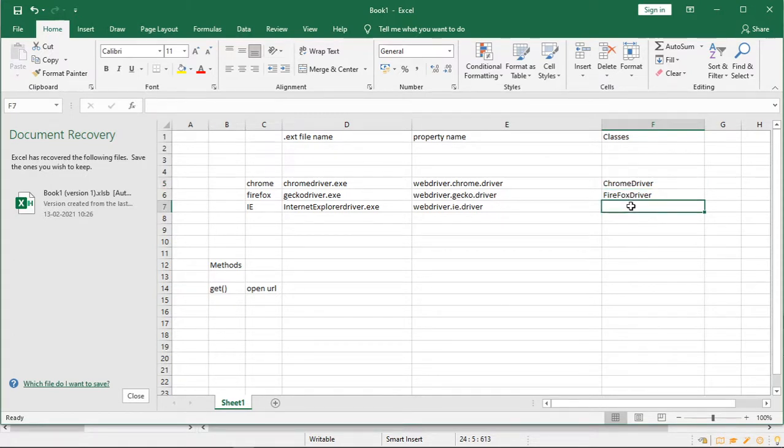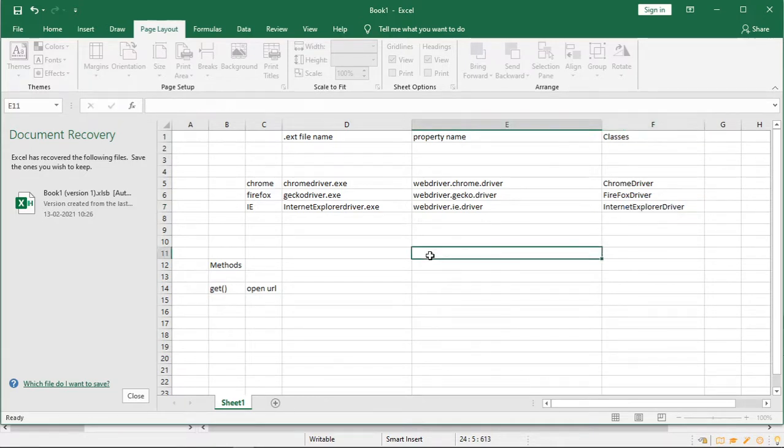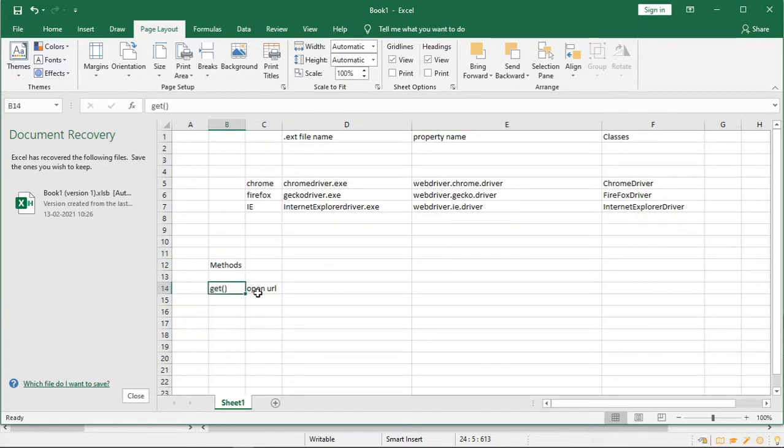And for Internet Explorer, it is InternetExplorerDriver, right? So these are the class objects. So this method is clear to everyone. What is the get method?